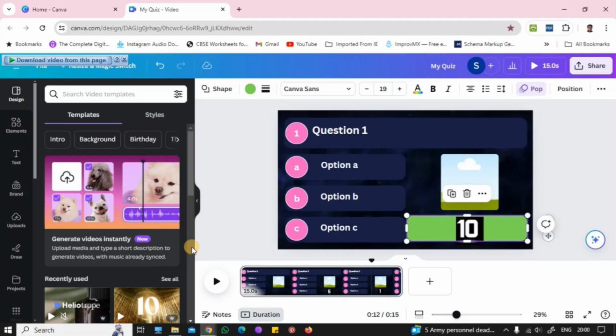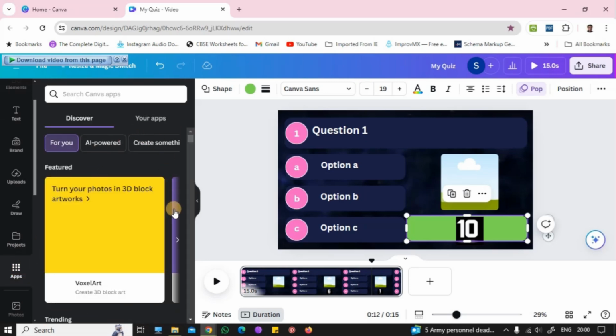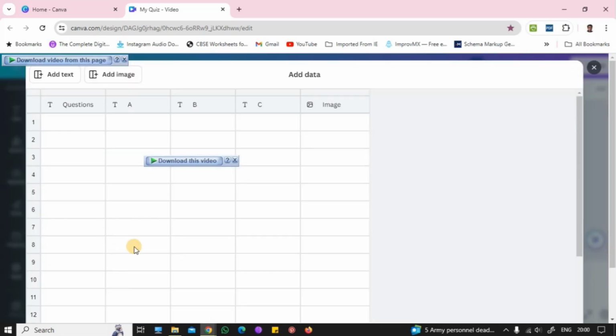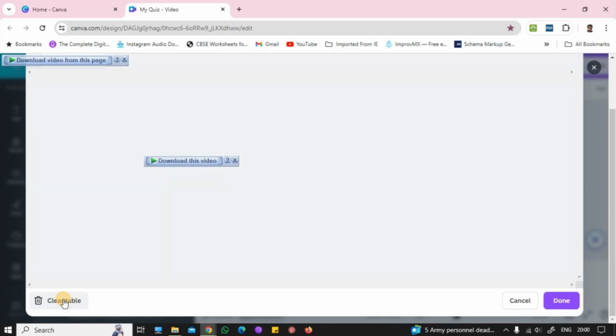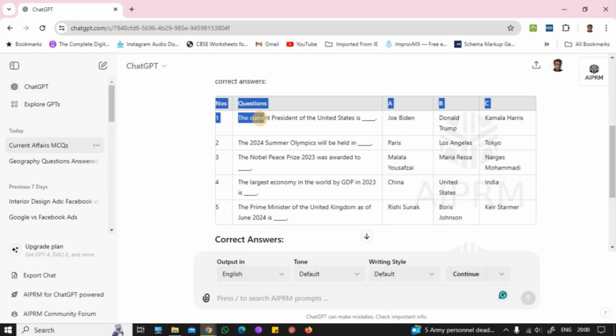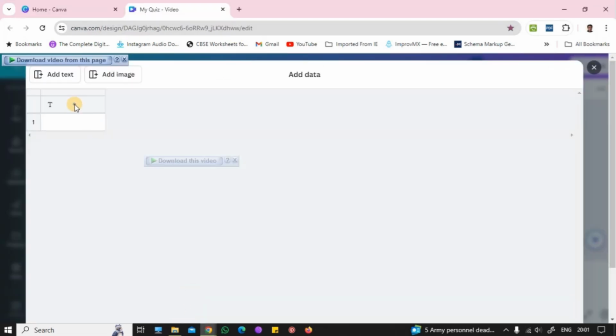Then it's time for connecting the data. We will go to apps and click on bulk create. Now this is the thing that cannot be obtained in the free version of Canva. Then we will go to add data manually and clear the data that was existing, and then copy the data from ChatGPT and paste it on our data, and then